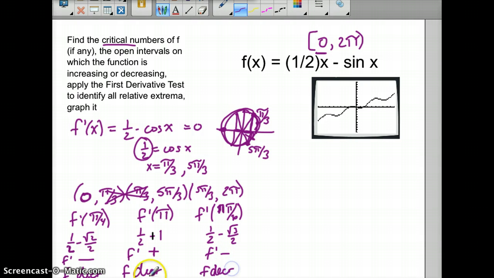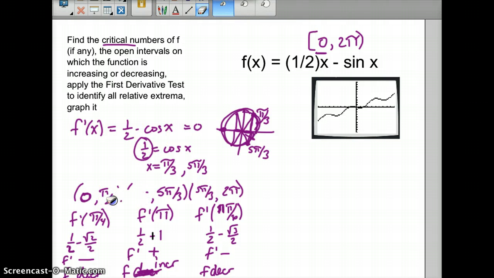Oops, I forgot to change this other one. So this function's increasing here. Oh, sorry about the mistake. So our function is decreasing from 0 to pi over 3. So pi over 3 is